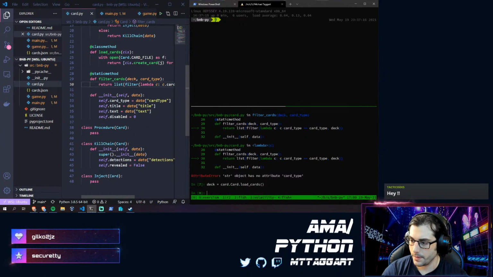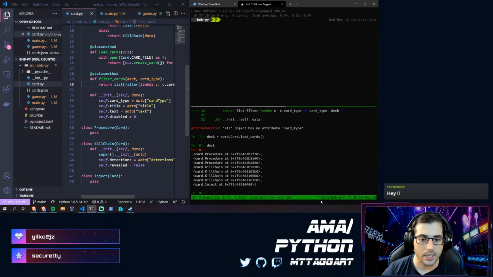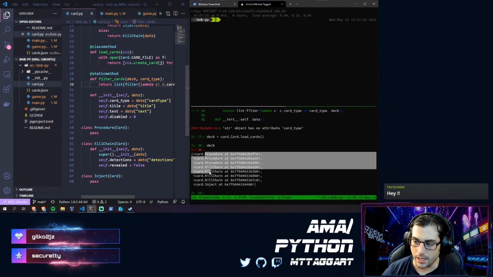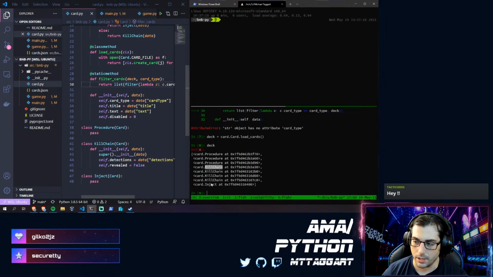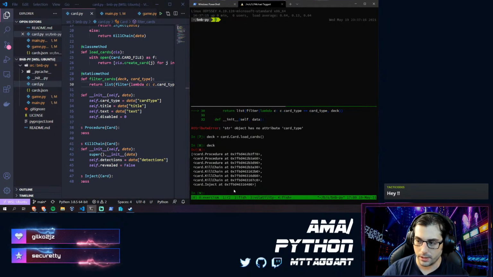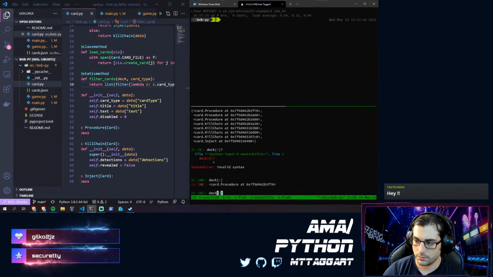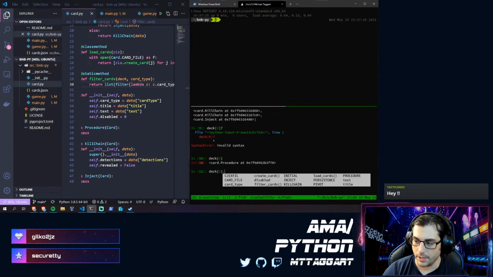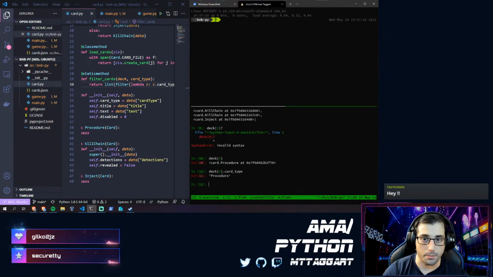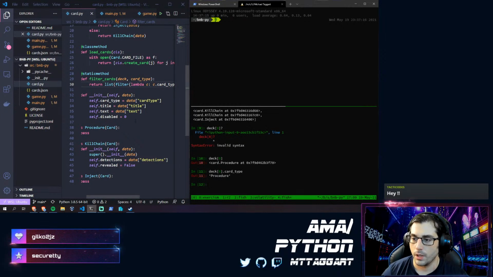Load cards. I'll get this deck, and you can see that the deck has different kinds of cards in it. It has a procedure, it has a kill chain card, it has an inject card, right? So what I'm trying to do with filter cards is filter based on that. Now, if I do deck 0, and I just ask for it, it's a procedure. If I do like this, you can see that it has a card type property. And what I want to do is use that